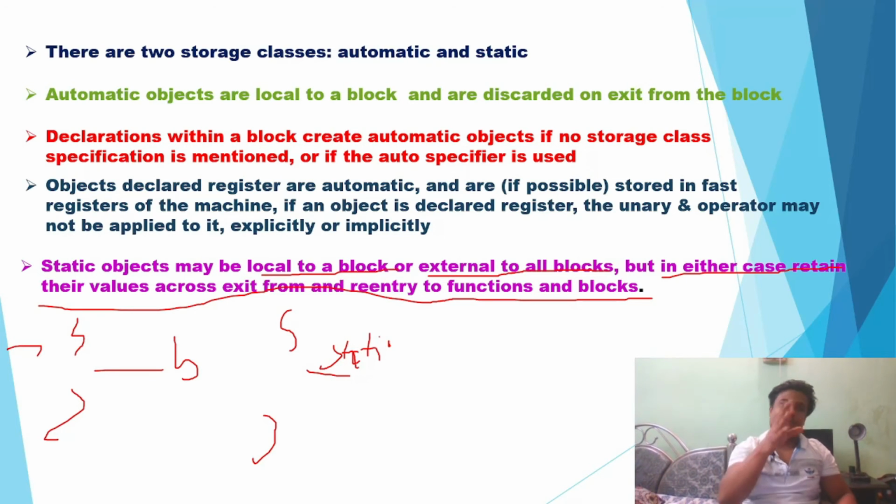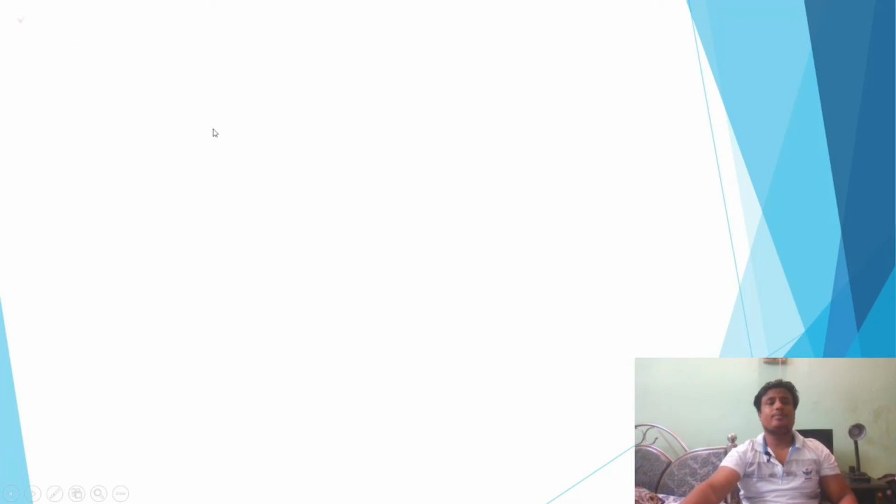You might be thinking, why am I declaring this static or external or automatic or register? It will be useful at some point of your time. I've told you earlier that whenever you write some code here, it will be helpful there. So try to build a concept in your mind of how these variables are accessible and how they are actually physically stored. Okay, so now moving on.